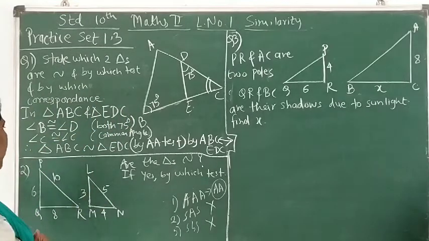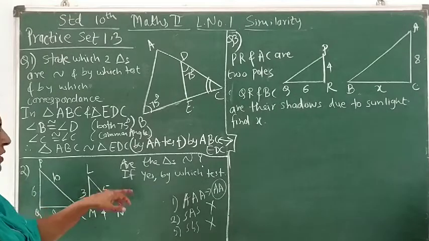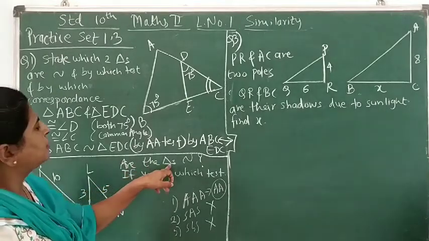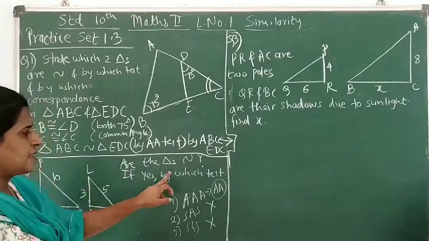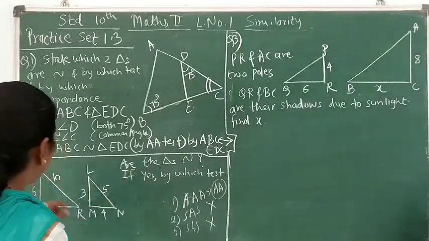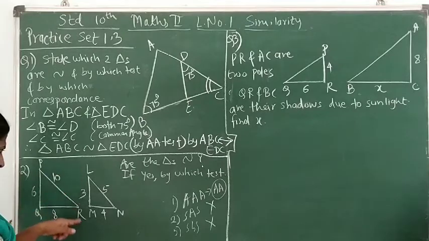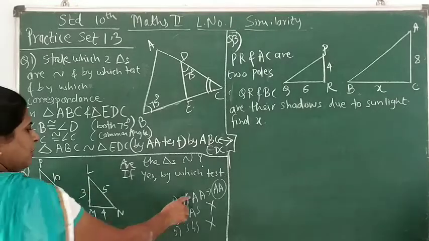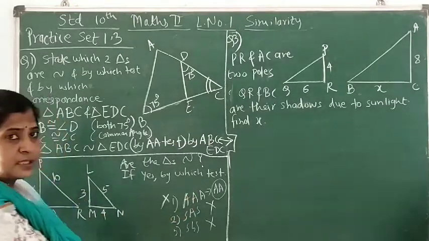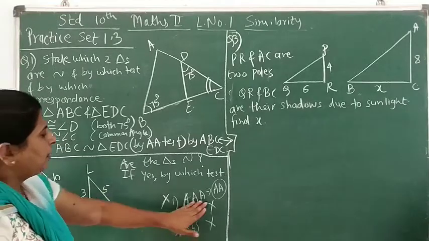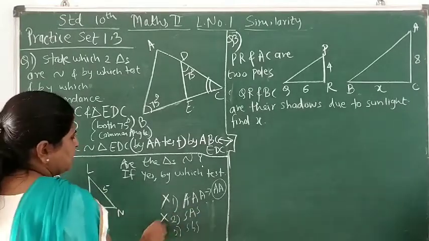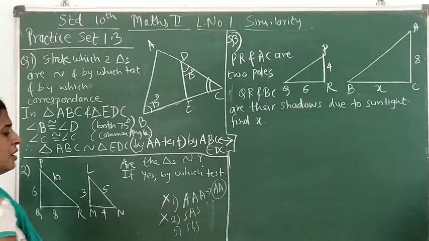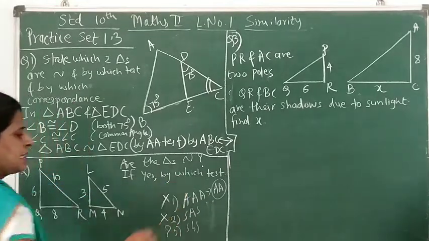Now let's go to question number 2. These two triangles are given here with the lengths of 3 sides, and the question is, are the triangles similar? If yes, by which test? Now we know about the sides. Do we know anything about angles? Triangles PQR and LMN have no common angle, so we cannot use the AAA test because we do not know anything about the angles. We also cannot use SAS because we do not know even one angle. So can we use the SSS test?